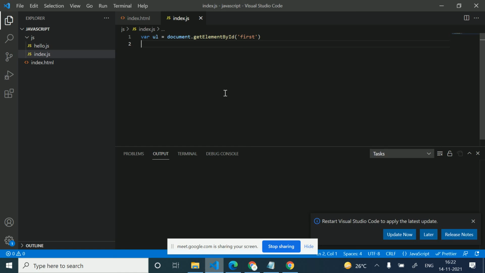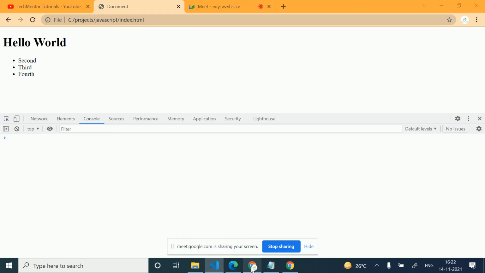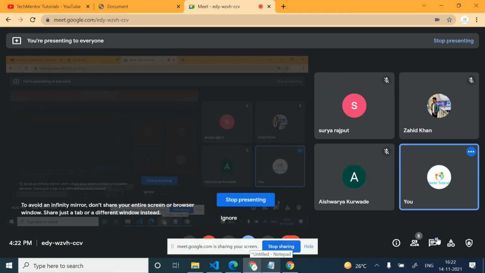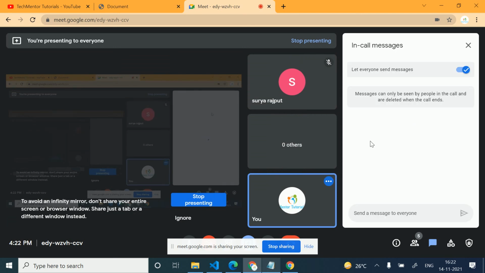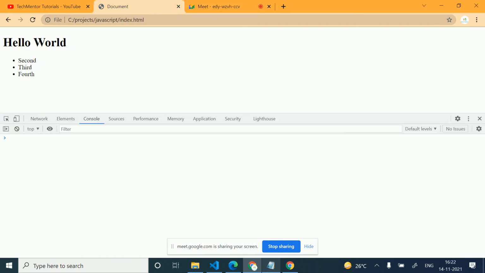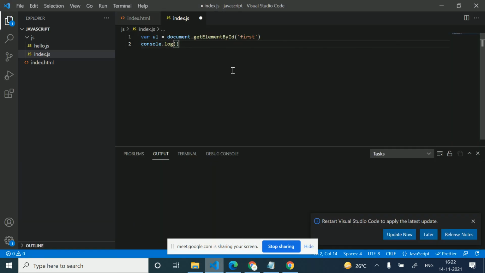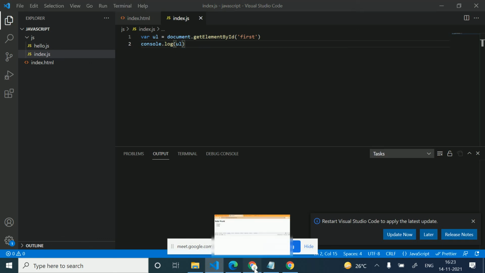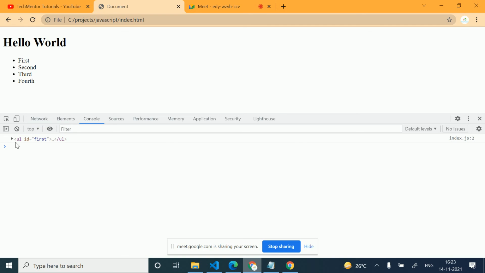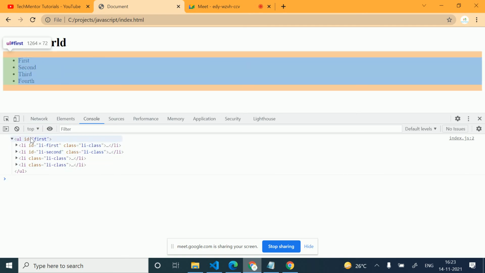So I'm just going to console. Okay, so first in the console we will get the whole ul li like this. We are getting this ul with its id.